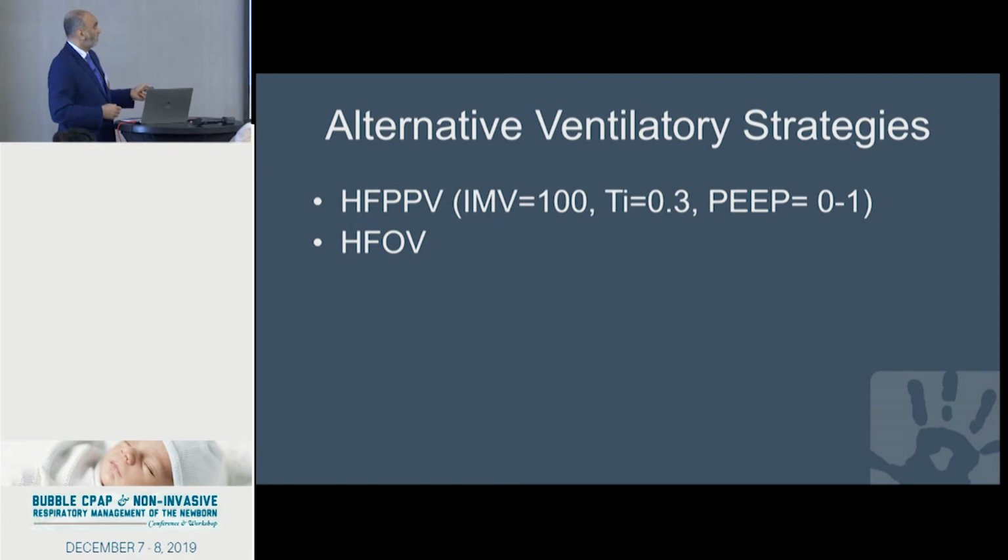So the use of a high-frequency oscillator ventilator sometimes or often works as a second step. And then there is this type of ventilation, the high frequency pulse pressure ventilation that Dr. Wang described. Before switching from a regular ventilator to a high frequency oscillator, you can, on the same ventilator, give a high frequency rate, like a rate of 100, but then the I time needs to go down to 0.3 so that you will have a 30-millisecond I time and 30-millisecond E time. And then the PEEP,